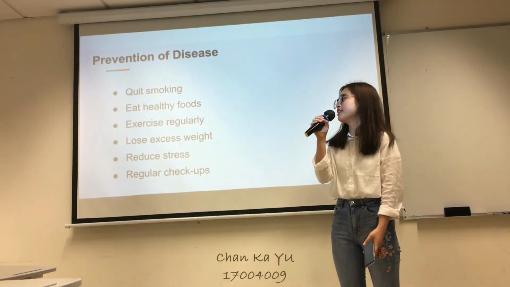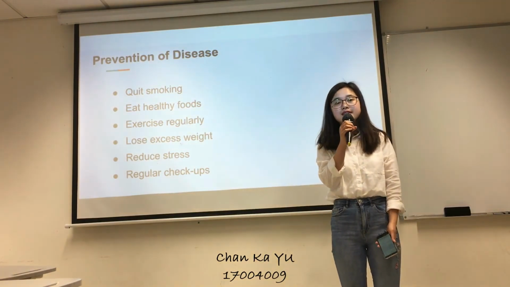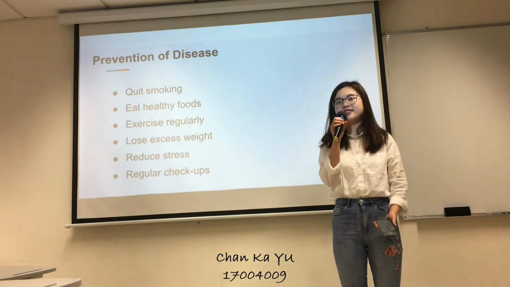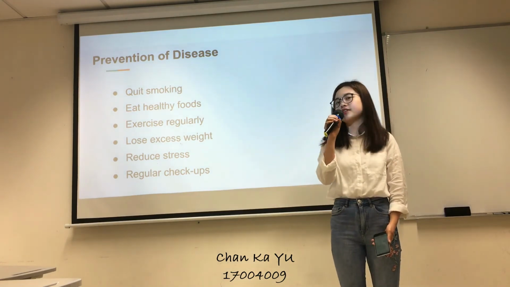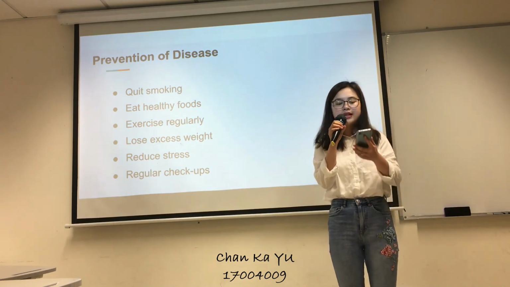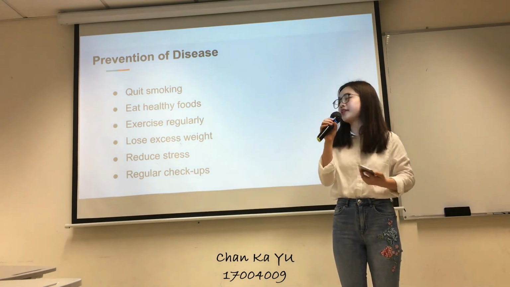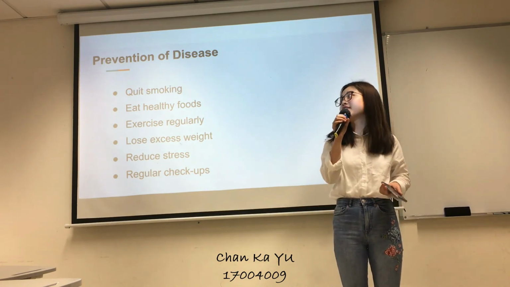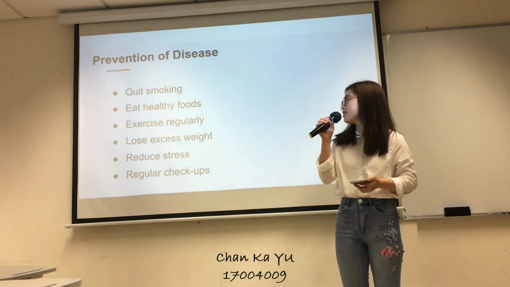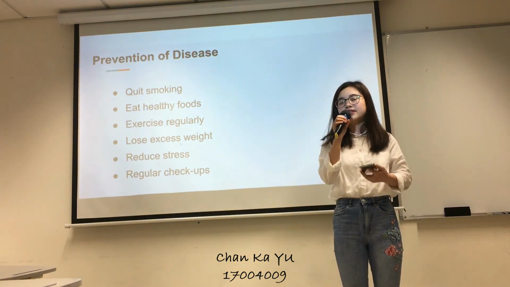Here's the prevention of the disease. The first is to quit smoking, because there are some chemicals in cigarettes that will constrict the arteries and cause the disease. The second is to eat healthy foods. Healthy foods such as fruits and vegetables are beneficial to our arteries, so they can reduce the risk of coronary disease and atherosclerosis. And the third is to exercise regularly, because exercise can promote our cardiac